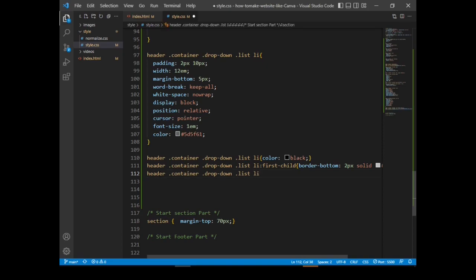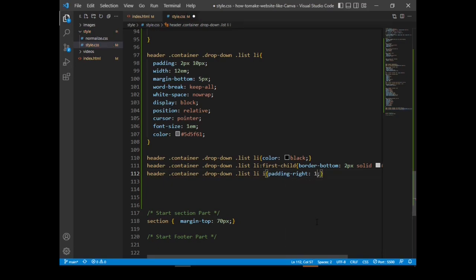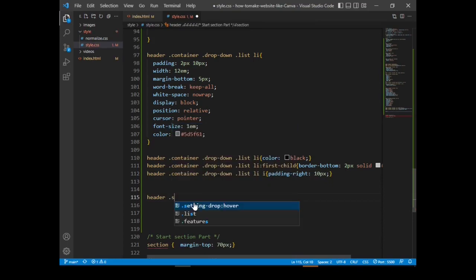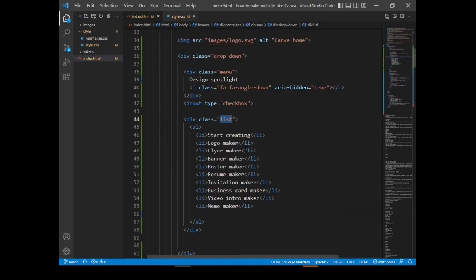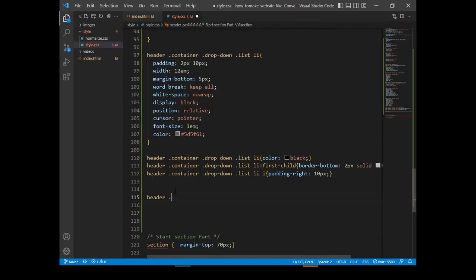Now on the listings, in particular, I'm targeting the Font Awesome icons, padding to the right. I want to set it to 10 pixels. Now I'm going to style this search input. Just copy the class name and paste it.